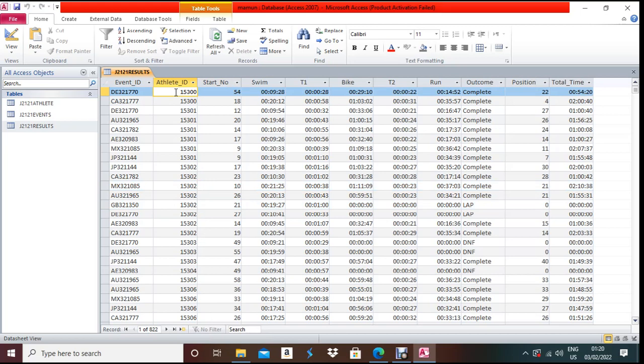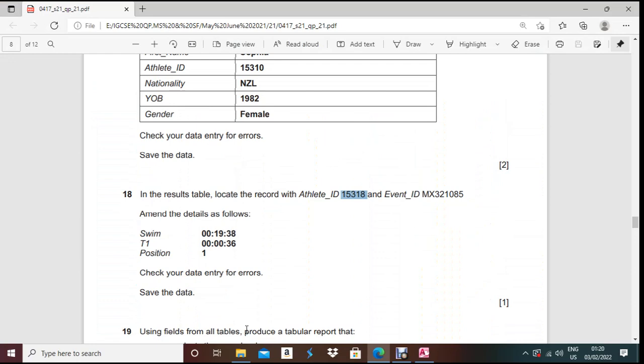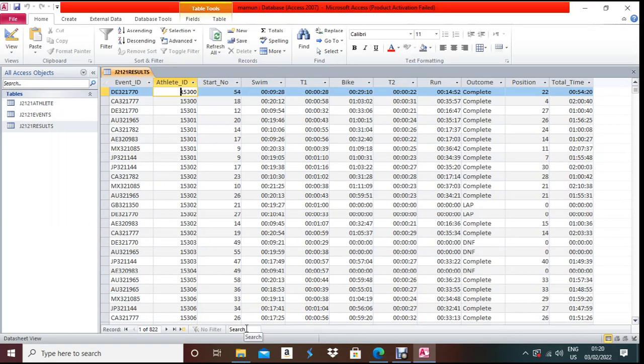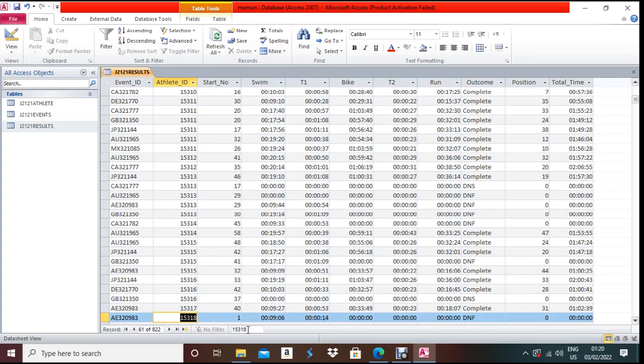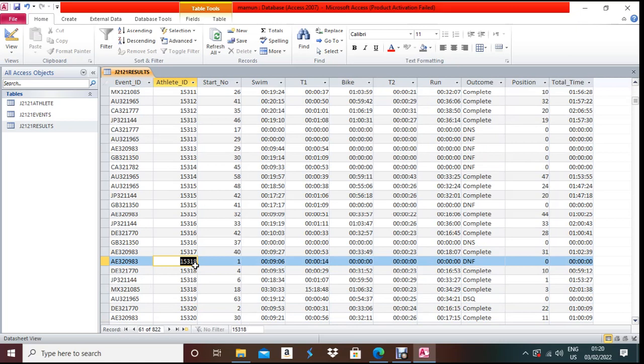Sorry, keep your cursor pointer over athlete ID and search. What is the name? 15318. Sorry, Control Z. Here you need to click 15318. So we got the data for athlete ID, but another thing should be matched as well, that is